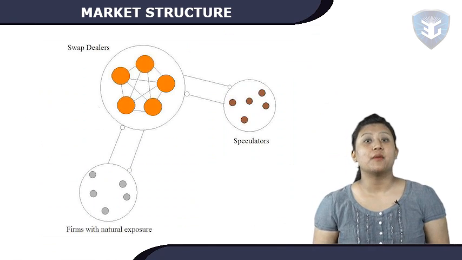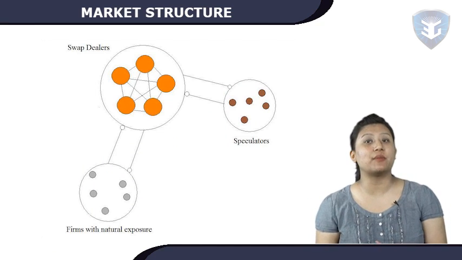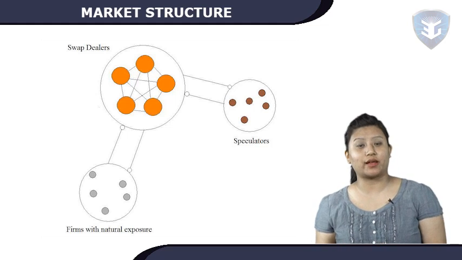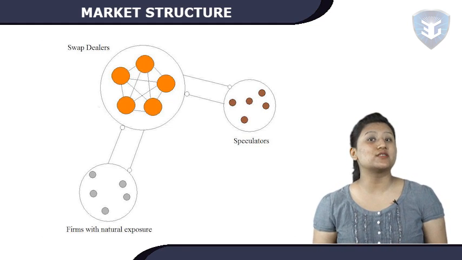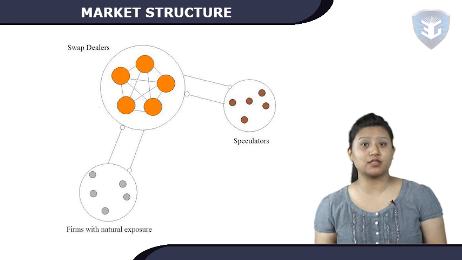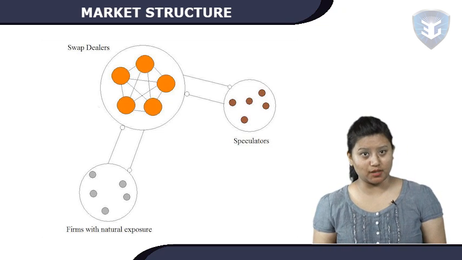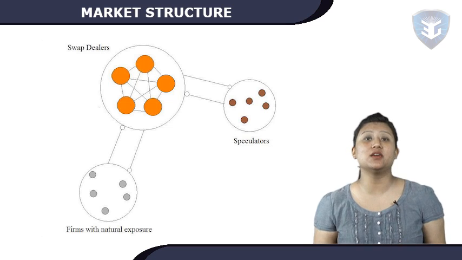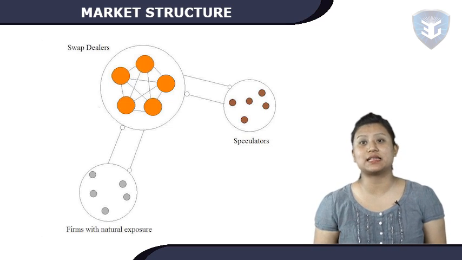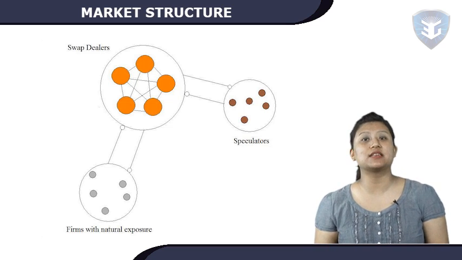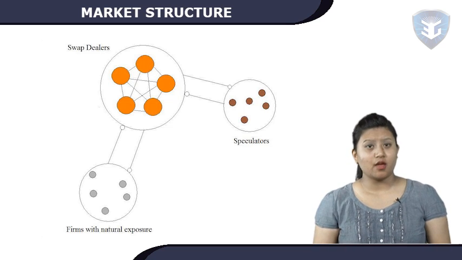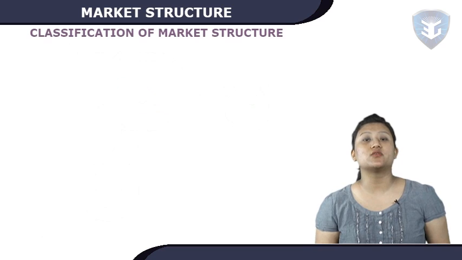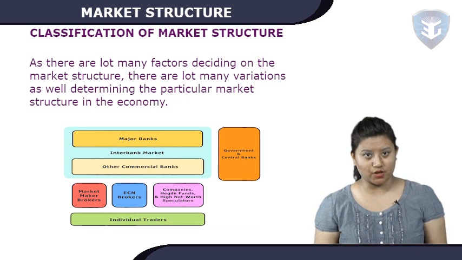According to Benham, a market is any area over which buyers and sellers are in close touch with one another, either directly or through dealers, so that the price obtainable in one part of the market affects the prices paid in other parts. Stonier and Haig explain the term market as any organization whereby buyers and sellers of a good are kept in close touch with each other. There is no need for a market to be in a single building. Let us now discuss the classification of market structure.